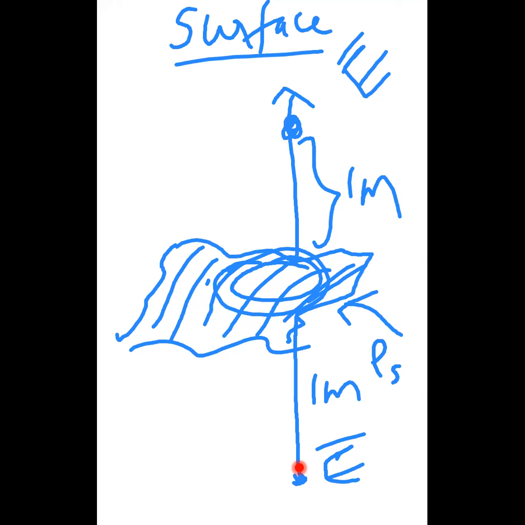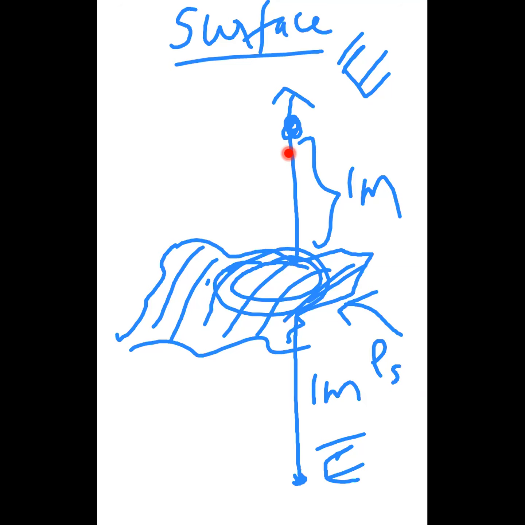Because this is also 1 meter, this is also 1 meter, definitely the magnitude has to be equal. Okay, so what is actually happening? Your surface is giving you some electric field in the upward direction, and also some electric field in the bottom direction. Your total electric field is split into two components, but equally.